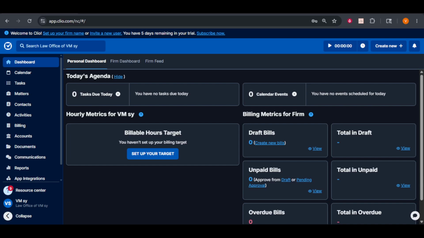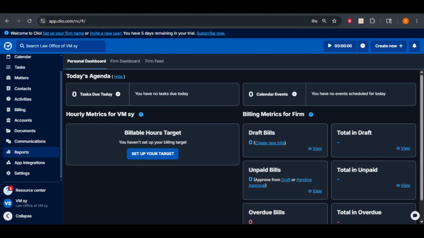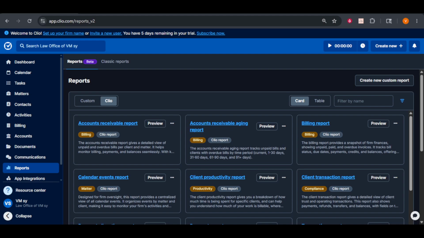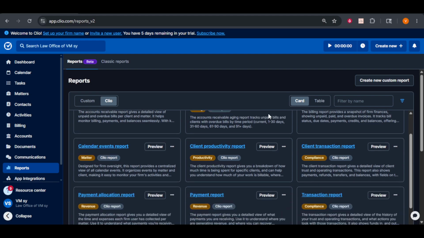Start by heading over to the left navigation menu in Clio Manage. This is where you'll find everything you need to start your reconciliation process. Click on Reports, which is your gateway to a variety of financial insights within Clio. From the list of reports, select the Trust Ledger Report. This report is essential because it will serve as your master trust control account balance, providing a comprehensive overview of